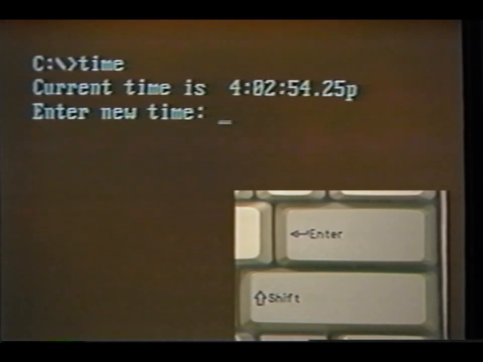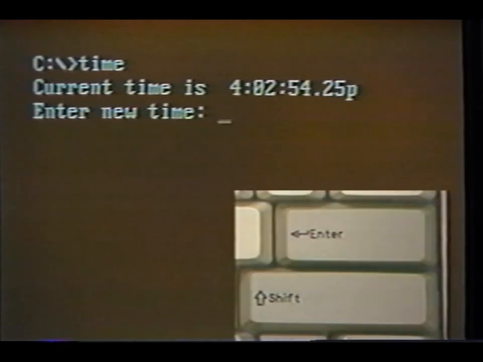Current time is, it shows the time. If this is correct, all you have to do is hit enter. If it's not correct, you can type in a new time. And all you need to do for this is type in the hours and the minutes with a colon in between. So let's type in, and to set the time, you have to enter it in 24-hour time, as in